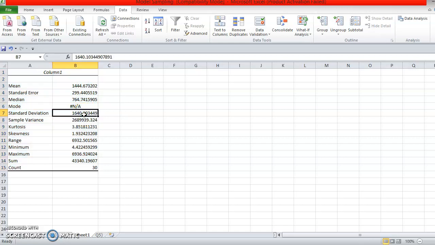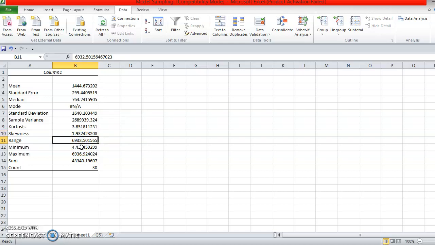This is the standard deviation of a population, you can say. This is the sample variance. This is kurtosis, which is 3.85, positive, meaning it is a leptokurtic distribution. Then skewness is showing 1.9324, so it is positively skewed.